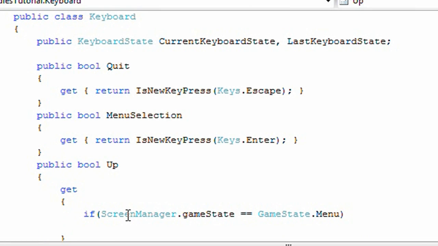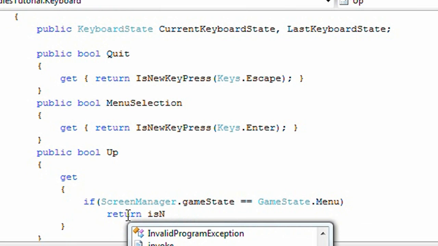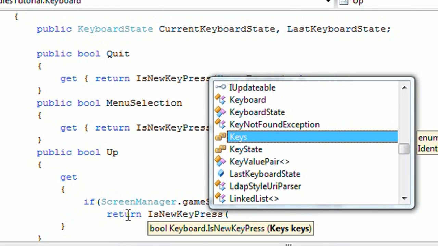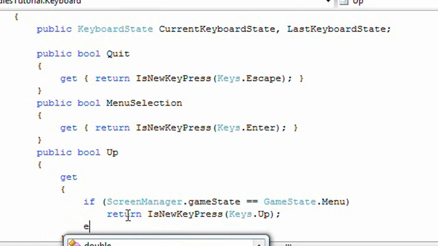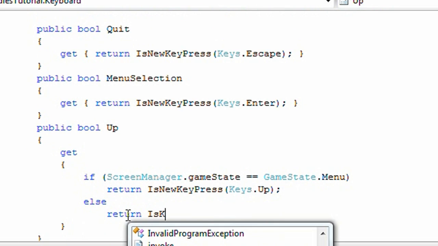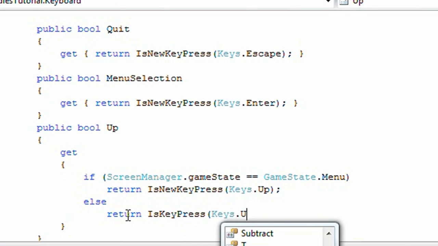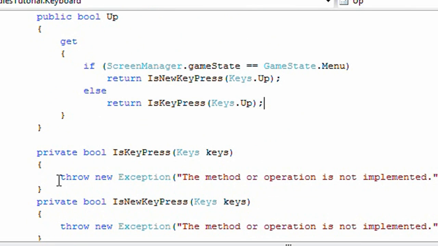If our game state is menu, we need to return is new key press as Keys.Up. Else we return is key press, and we pass it Keys.Up, and we'll have it auto generate that method for us as well. Now we need another